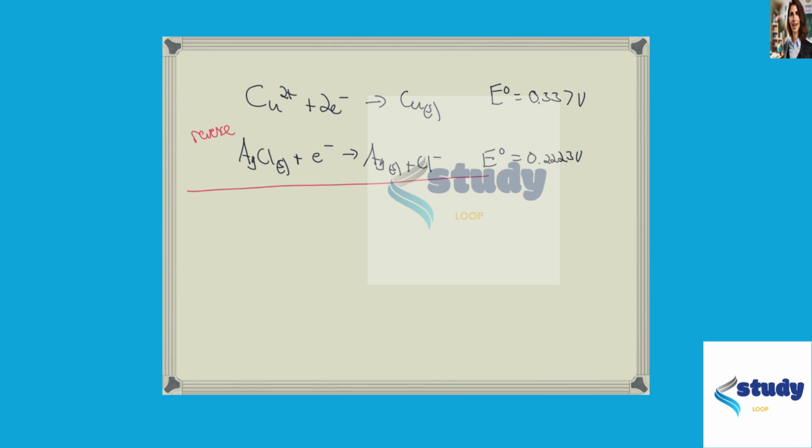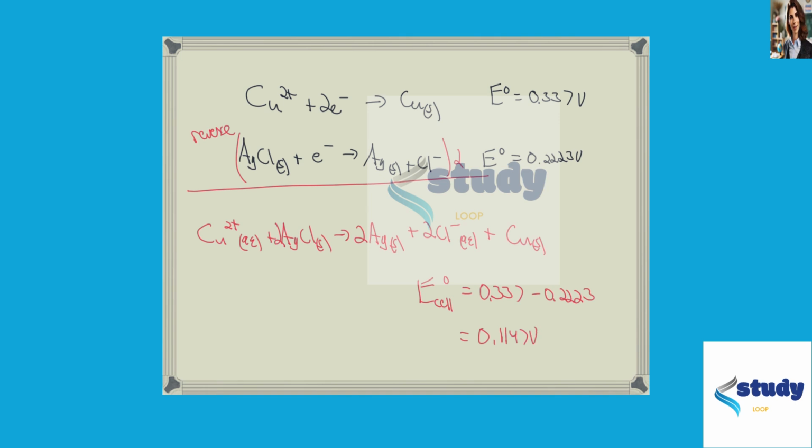So the overall reaction, after we multiply this one by 2, is going to be Cu 2+ plus AgCl solid, 2 of them, goes to 2 Ag solid plus 2 Cl minus aqueous and Cu solid, and the E cell standard will be equal to the cathode, 0.337, minus the anode, 0.2223, giving us a value of